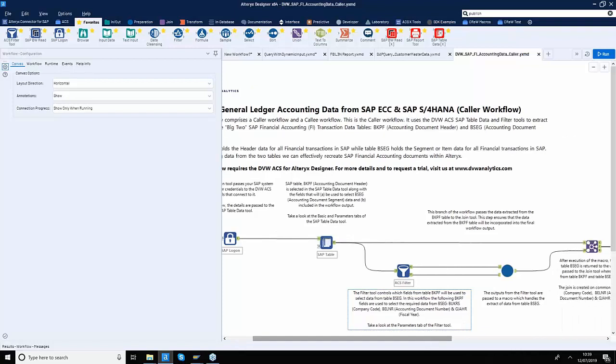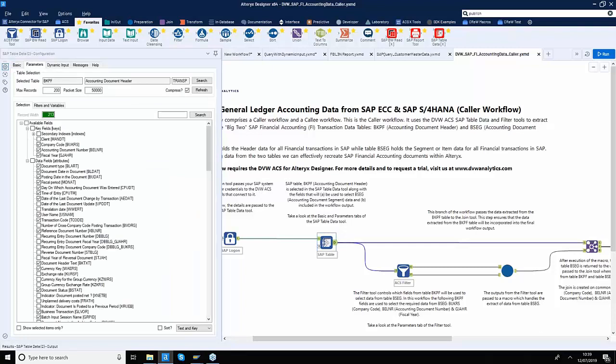So imagine that my first table, which is my BKPF table, gives me 50,000 document numbers that I now need to pass into my second table. If you remember, we had the BSAG table. So to be able to pass such a large volume, we need to actually help the SAP system, because the underlying database cannot handle such a large SQL.